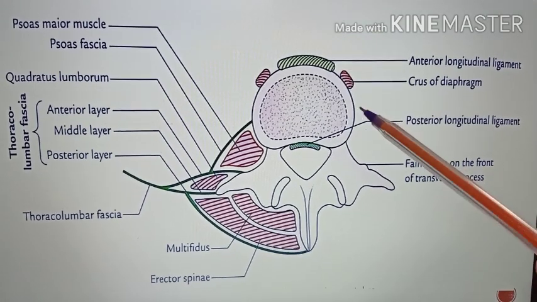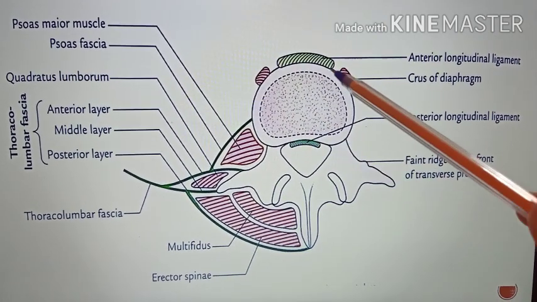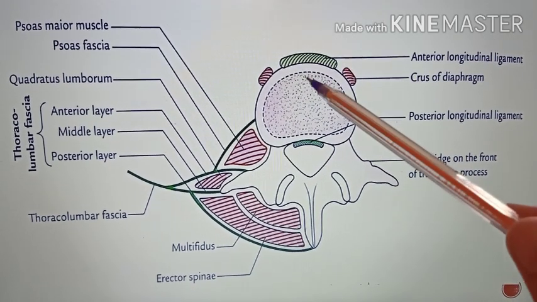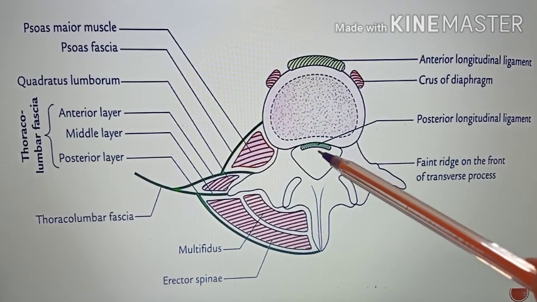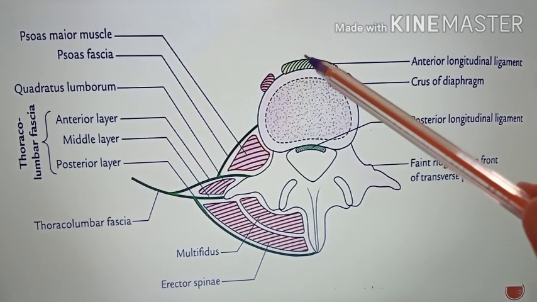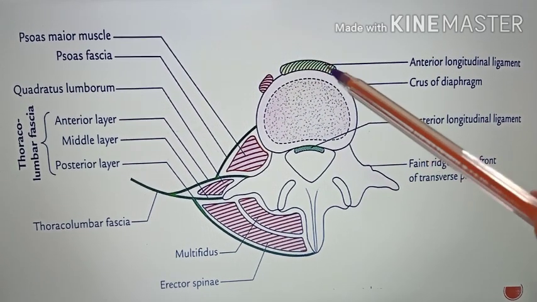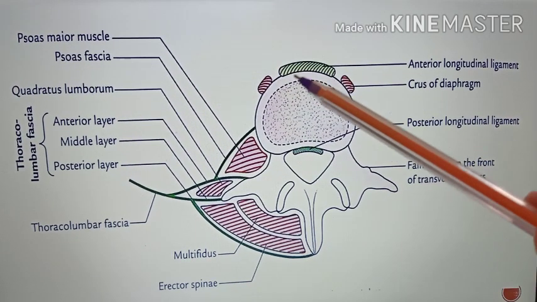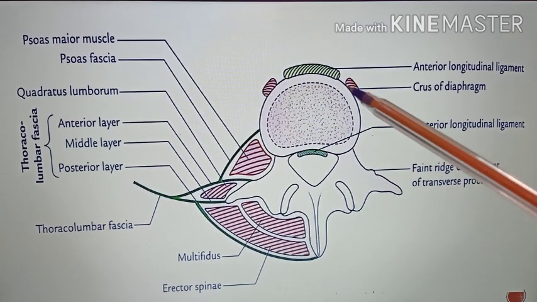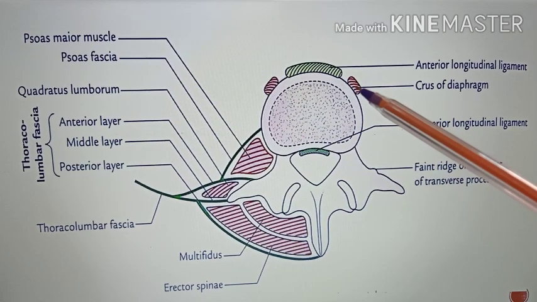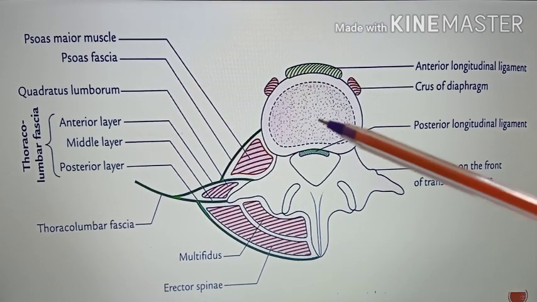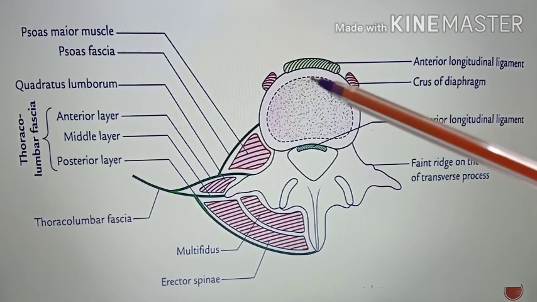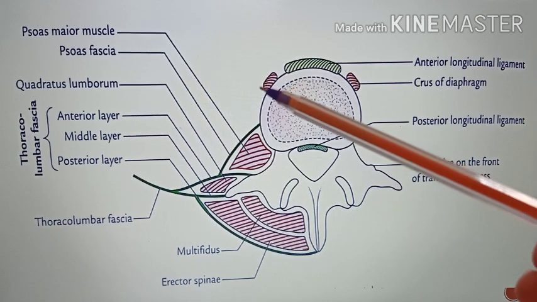So this slide is showing the attachment to the body. So this is the body of the lumbar vertebra. This is the vertebral foramen. This is the anterior aspect, this is the posterior aspect of the body. So anteriorly you are having attachment of anterior longitudinal ligament, posteriorly posterior longitudinal ligament. On side to this anterior longitudinal ligament you are having this attachment of crus of the diaphragm, or the crura of the diaphragm. So here in the right side it is attached up to the 3 lumbar vertebra, whereas left side up to 2 lumbar vertebra.